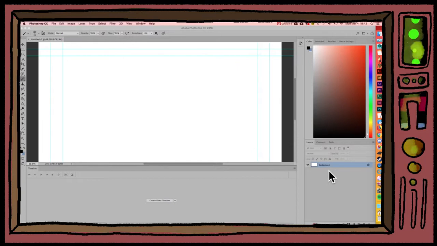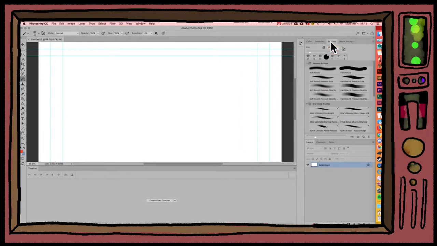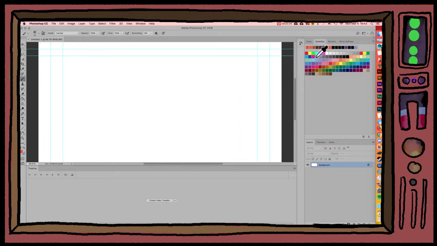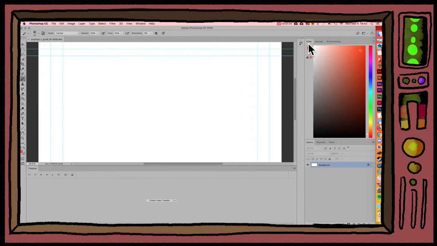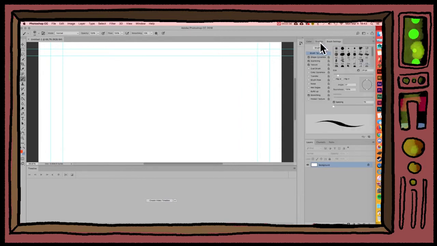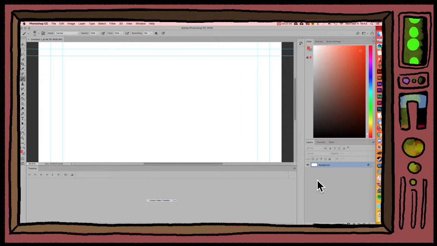And some of the important things. So we've got this color tab here, which allows us to pick the color that we want. We're going to be using these colors a lot as we paint. Brushes here, also important. If you find a tab that you don't want, like I don't necessarily need this swatch one right now, I should be able to right click on it and close it, and it goes away. So I've got my brush settings, I've got my brushes, I've got my colors. Down here I'm going to leave the channels and paths for now, but mainly I'm going to be using this layers